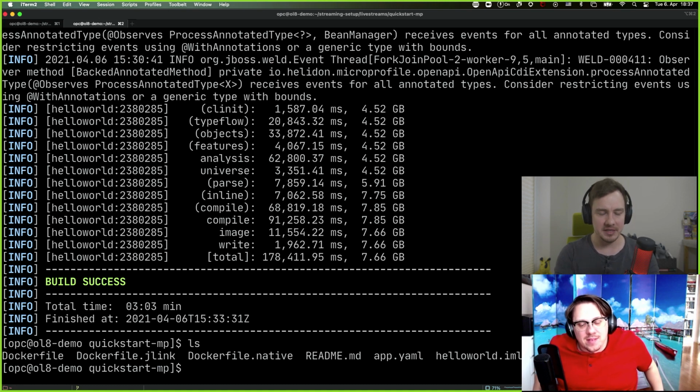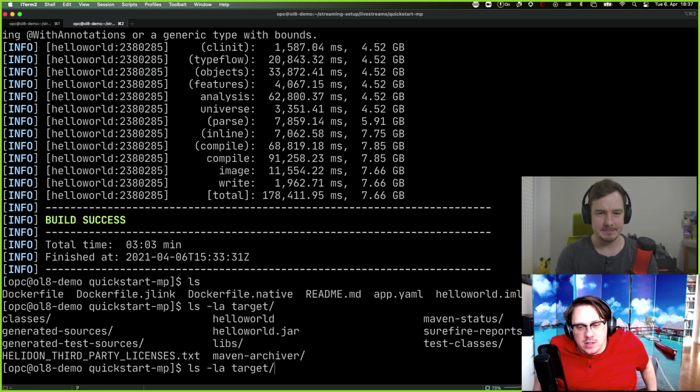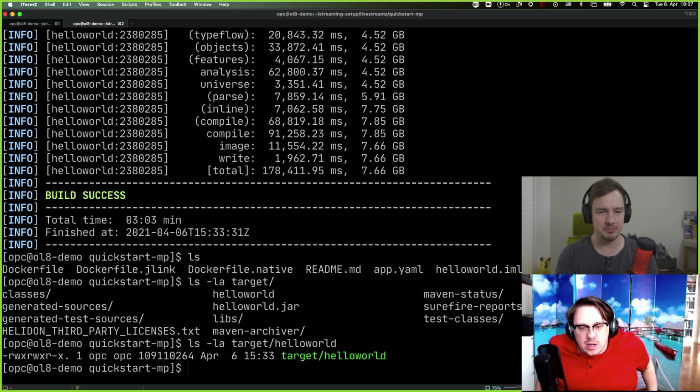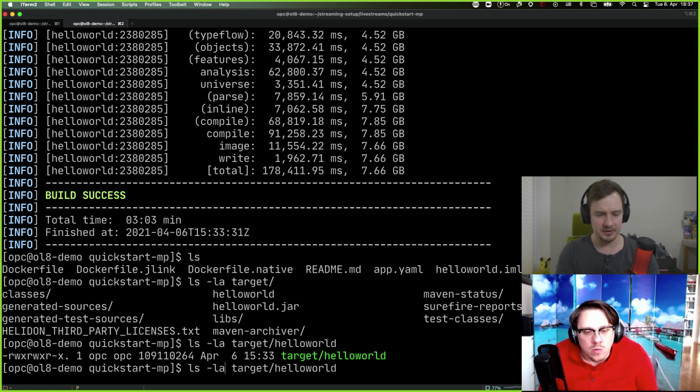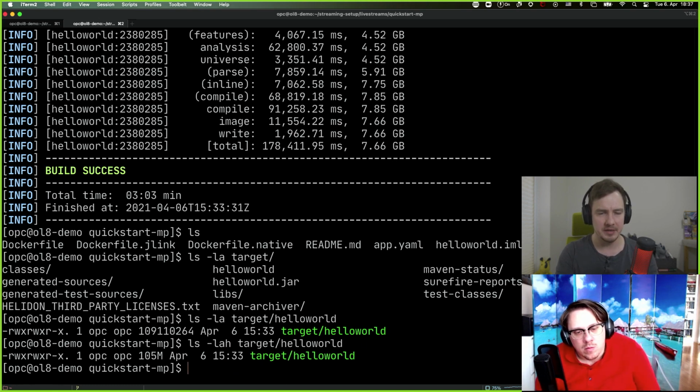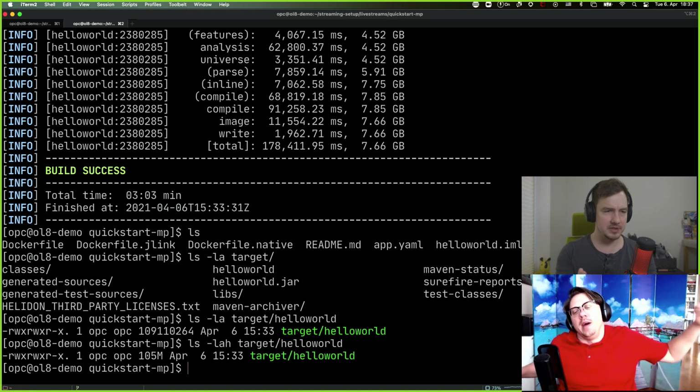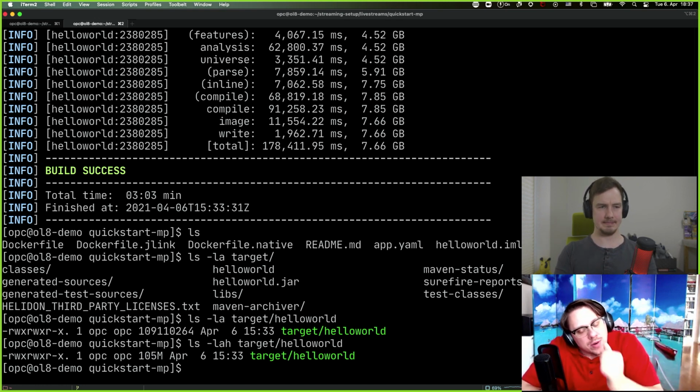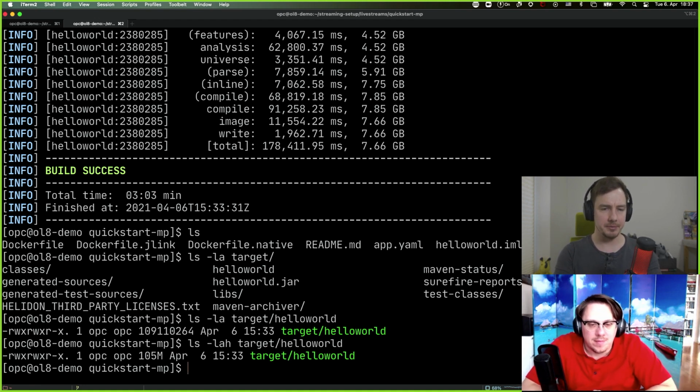Let's look at the output. It should be in the target directory, right? Yeah, exactly. So it's my Hello World application. And it's a fairly small one, 105 megs. Actually, by the way, if I run it on my machine, it will be 88 megs. Why? Right. So it might be the case when you are using probably GraalVM Community Edition on your